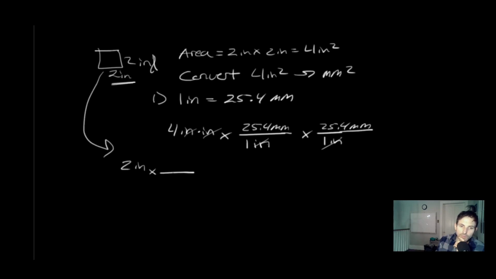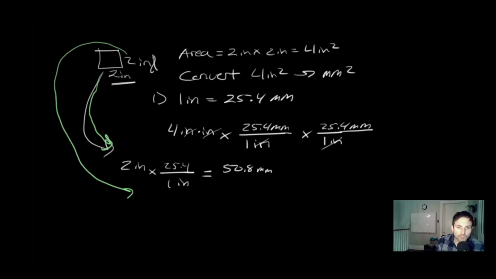is going to be 25.4, and I'll see what that is. Oh, it's 50.8. I know that. So 50.8 millimeters. That's this one. And then this one is also 2 inches times 25.4 millimeters over 1 inch, and these cancel out,